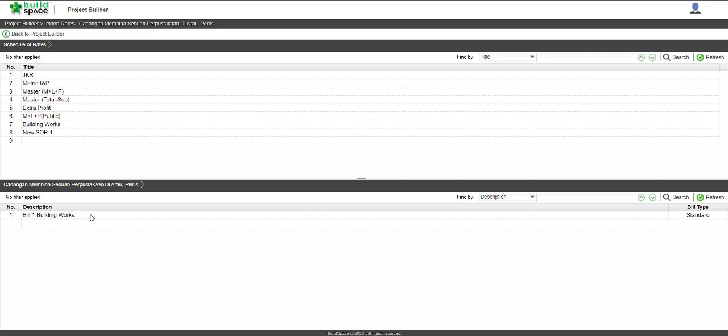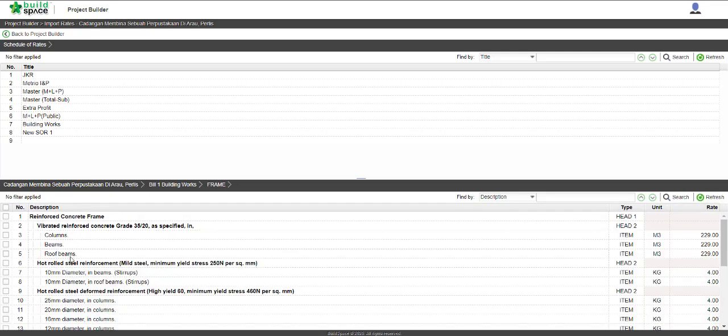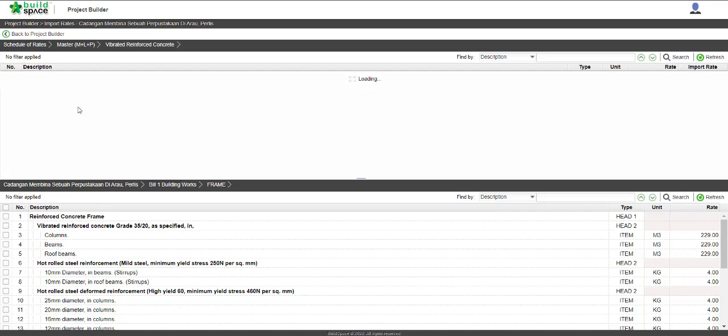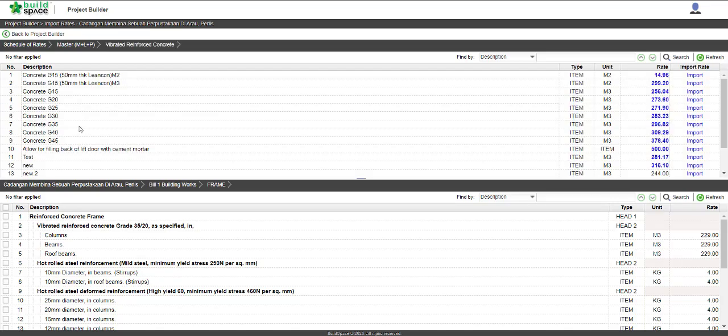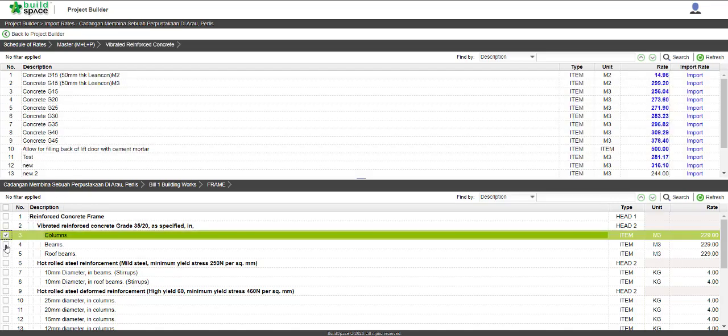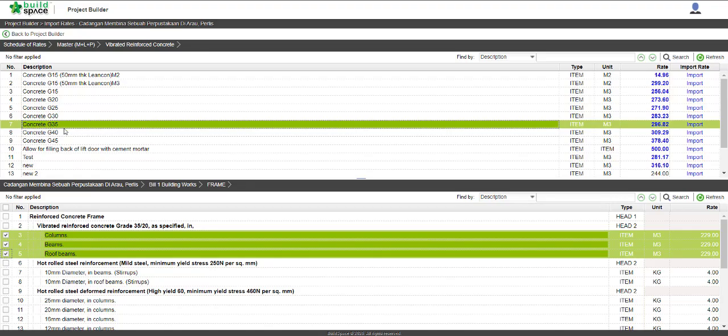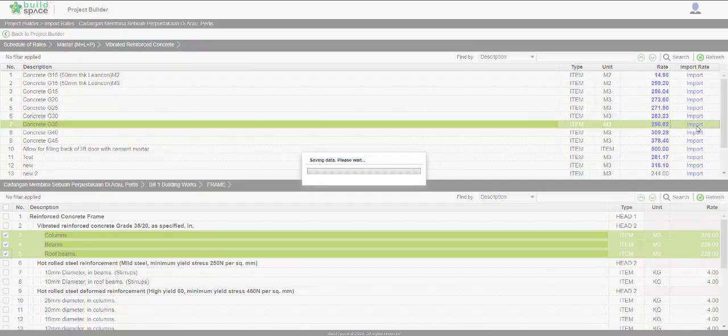Take for example, we go into frame, and then in here there are numerous items that need to be priced. So we go into master, into vibrated reinforced concrete, and then in here we tick on every item that consists of grade 35 concrete. So in here we see grade 35, straight away click import,